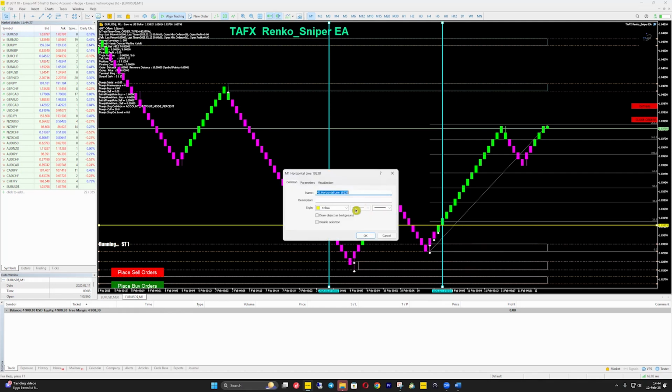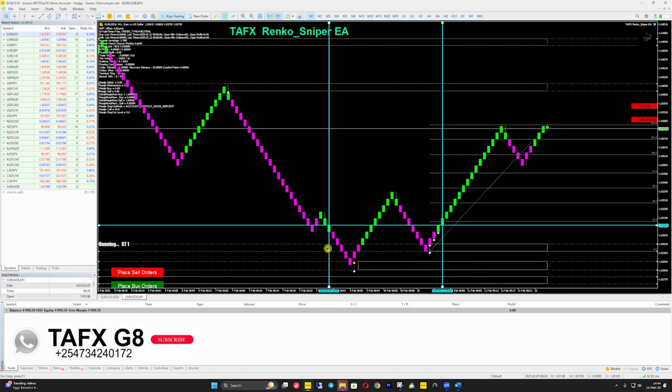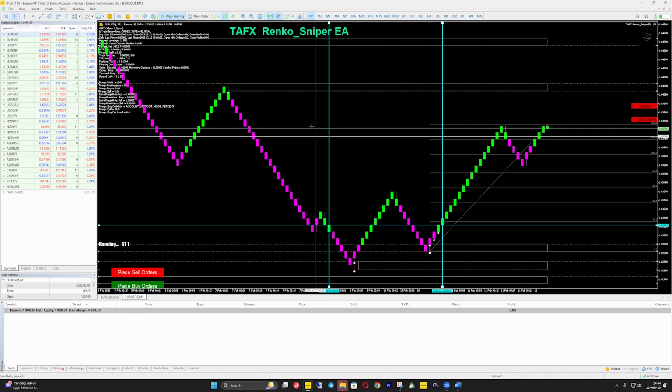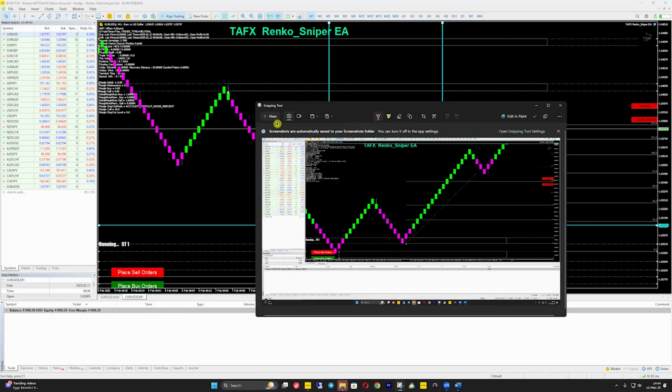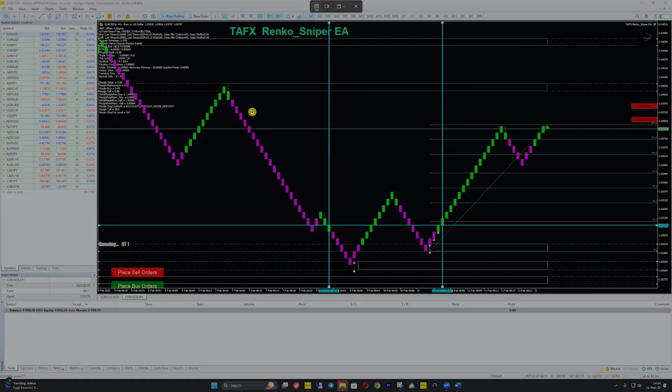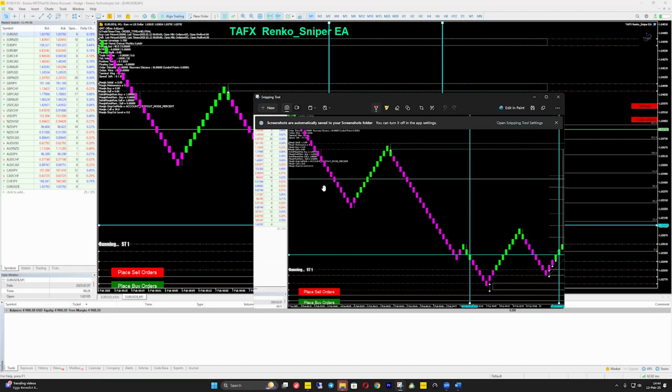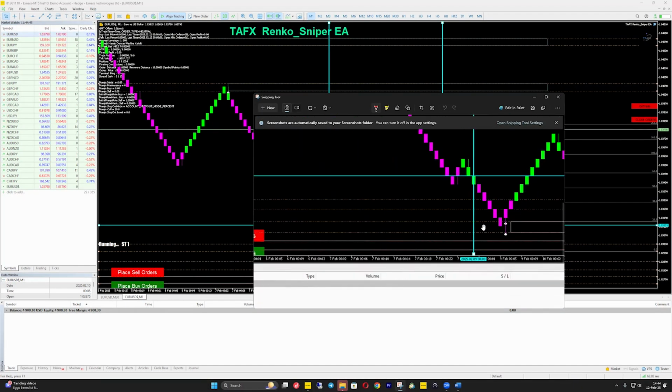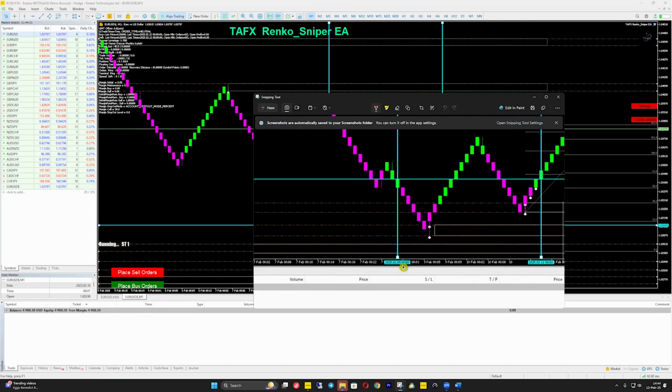This is our entry point. Don't forget, let's bring in the ARCO. So that is our entry point. Now let's go back here and analyze. Here we can see it's date 9. All right, this is date 9, and I think I should take a screenshot so that everyone can see it correctly, because I don't want you to miss any point. It's good to trust me, guys. You can see it's date 9 at midnight, and here we are at midnight on date 11, where we have a good smooth